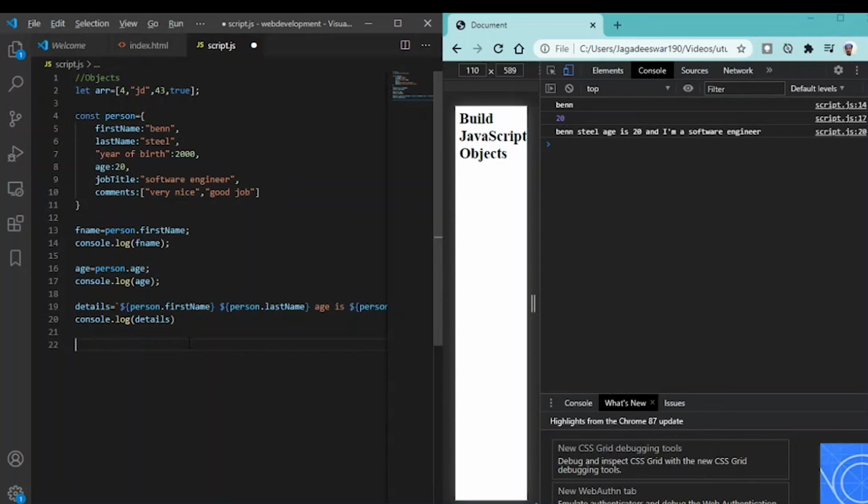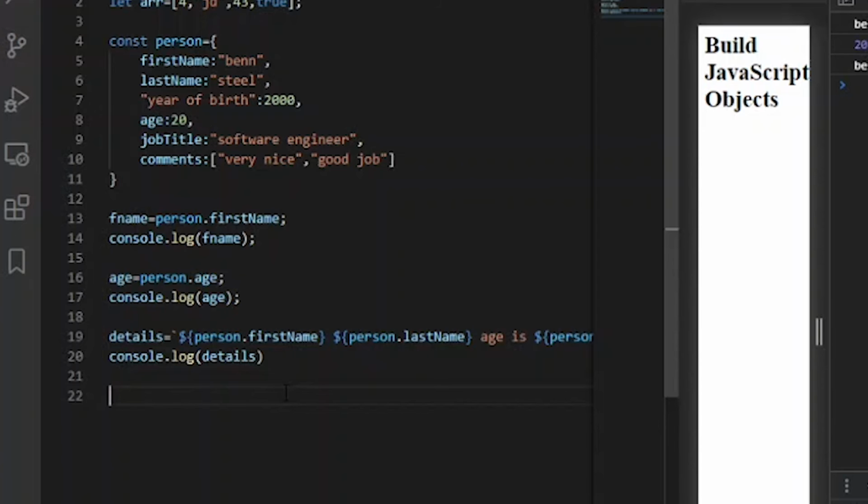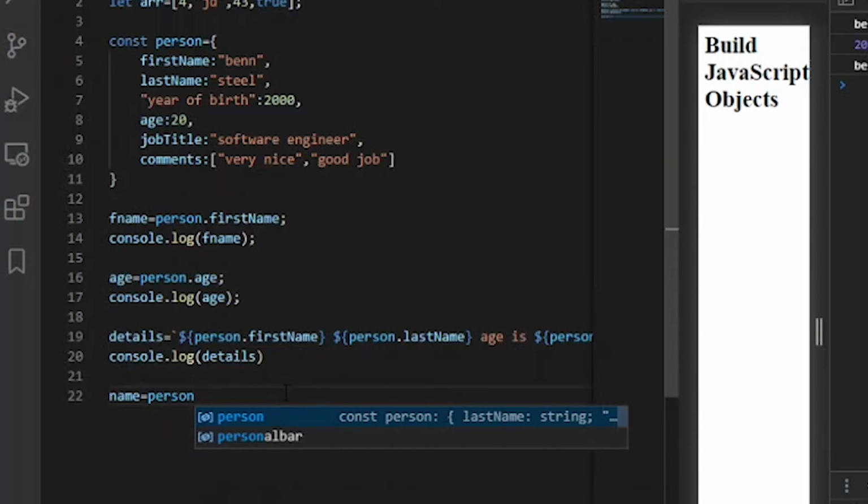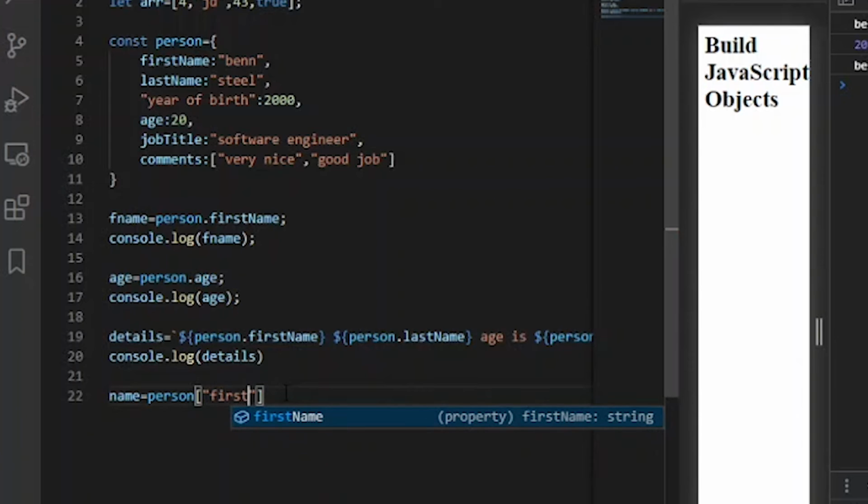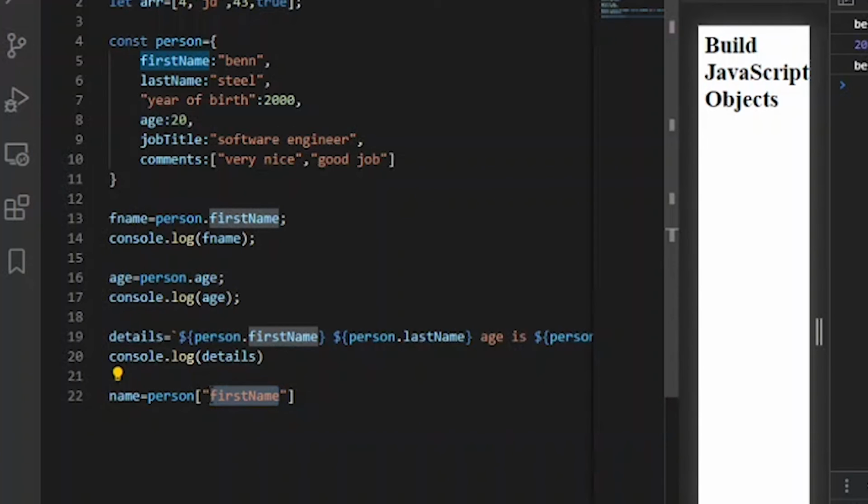If you want to access the properties of an object using the bracket notation, let's write name equal to person of first name. When you use bracket notation, you have to mention the property as a string in double quotes.